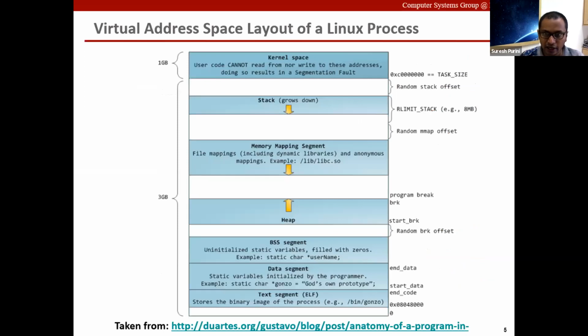So this is a different view. Again, this is how the virtual address space layout of a Linux process looks like. At the top, you have the kernel. This chunk of memory is allocated to the Linux kernel. And then here you have this unused space. And then you have the text segment, data segment, BSS segment. This we missed previously. So after the text segment, we have the data segment and BSS segment.